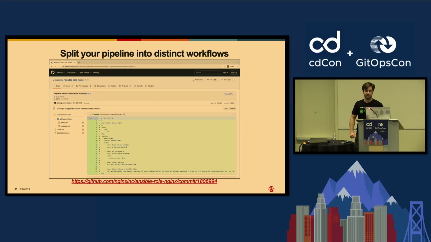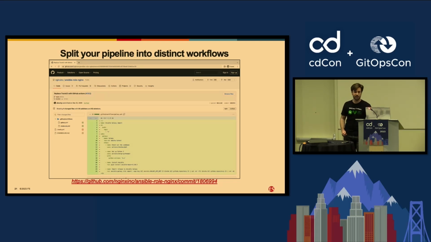The next lesson is split your pipeline into distinct workflows. When you're starting, this is a little bit like monoliths versus microservices. Having something in the same workflow file can ease development speed, and might make sense depending on your whole ecosystem infrastructure and the complexity of your project. But as you keep adding more use cases and things that your workflows can accomplish, it's a good idea to start splitting them into unique and distinct